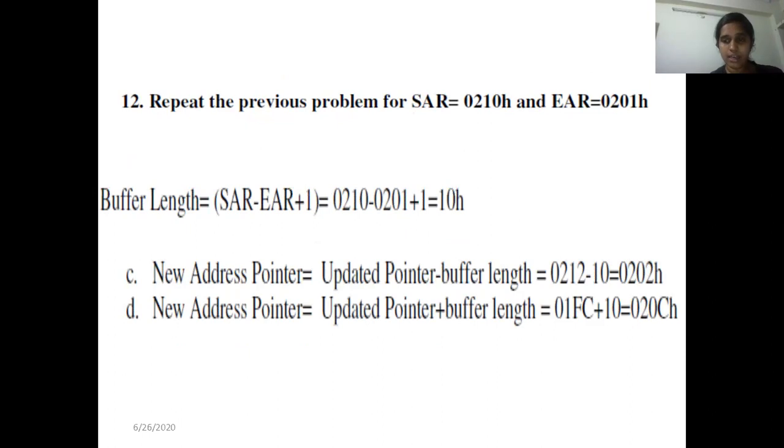This shows that in a circular buffer, the address pointer wraps around to point to an address inside the buffer, irrespective of whether the start address is higher or the end address is higher. The address pointer wraps around to point to an address inside the buffer without any objection as to whether the starting address is higher or the ending address is higher. Whichever is higher, the solution remains the same, and the value in the new address pointer will remain the same.